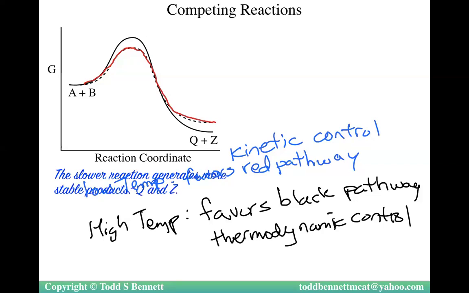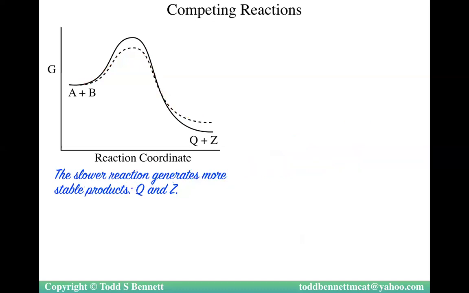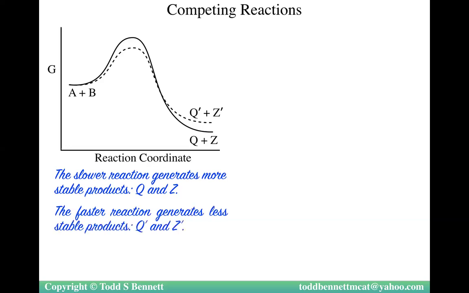So let me get rid of my writing. So this can come in. Slow reaction generates more stable products. The slower one, meaning the higher pathway, doesn't go as fast because it has a higher activation energy. So the slower path is the black one. Whereas the faster reaction gets Q prime and Z prime. Similar products, but different results. So the red pathway